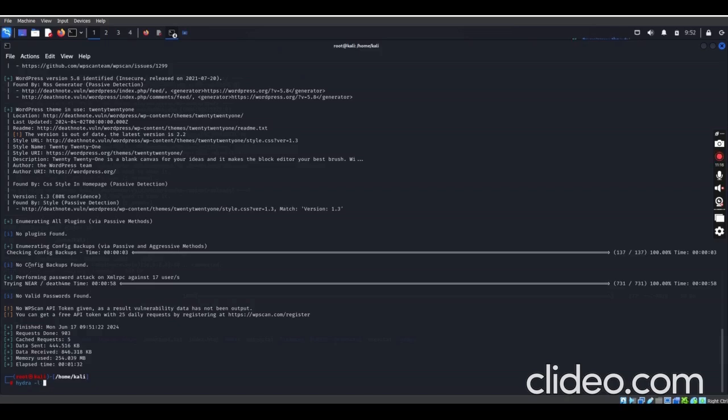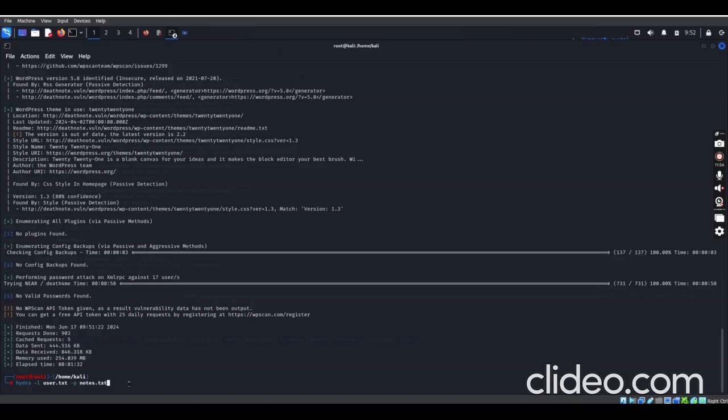So I'll take it from here to the user.txt and the notes.txt. Since we could not get any passwords for the WordPress login, let's try it on the SSH.